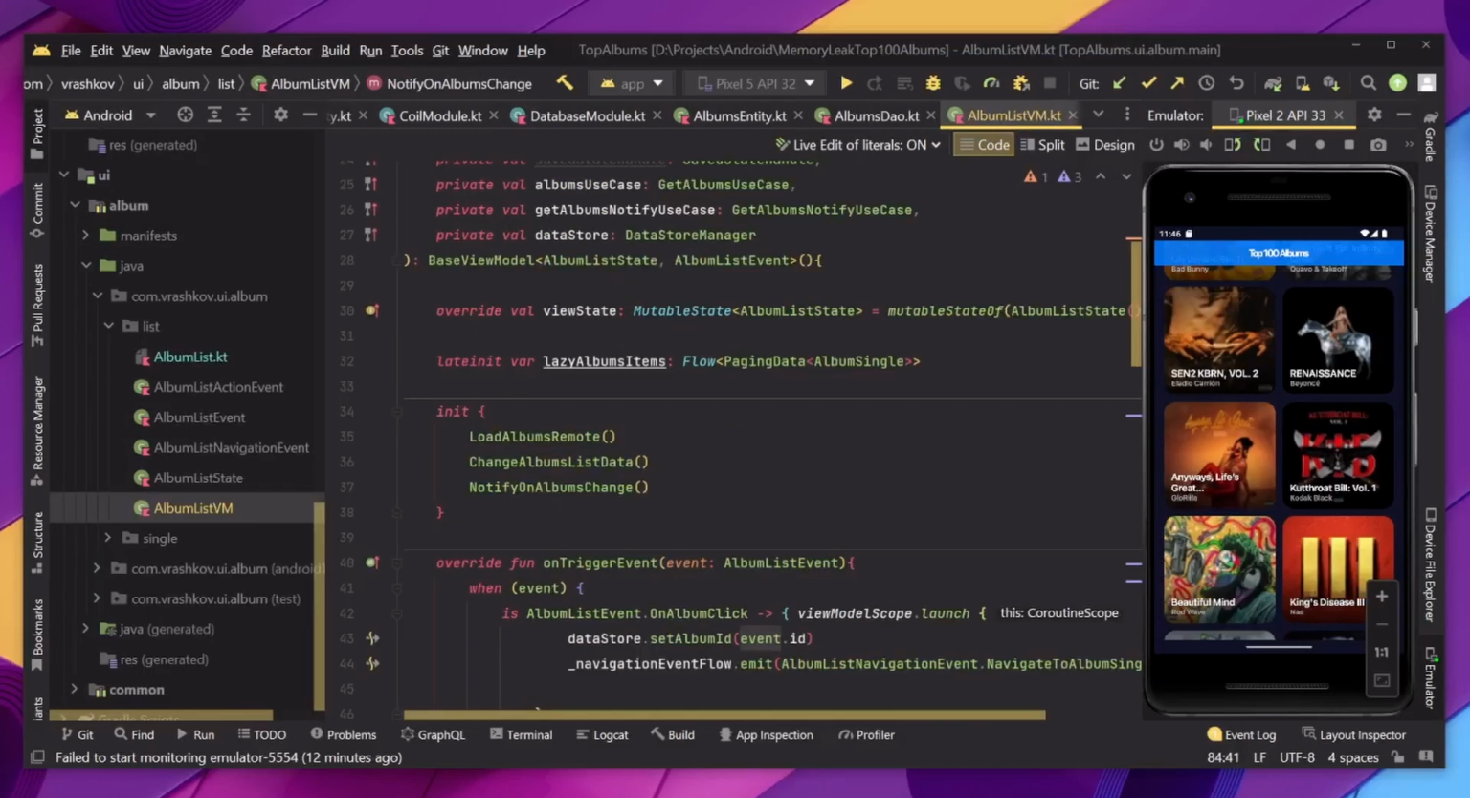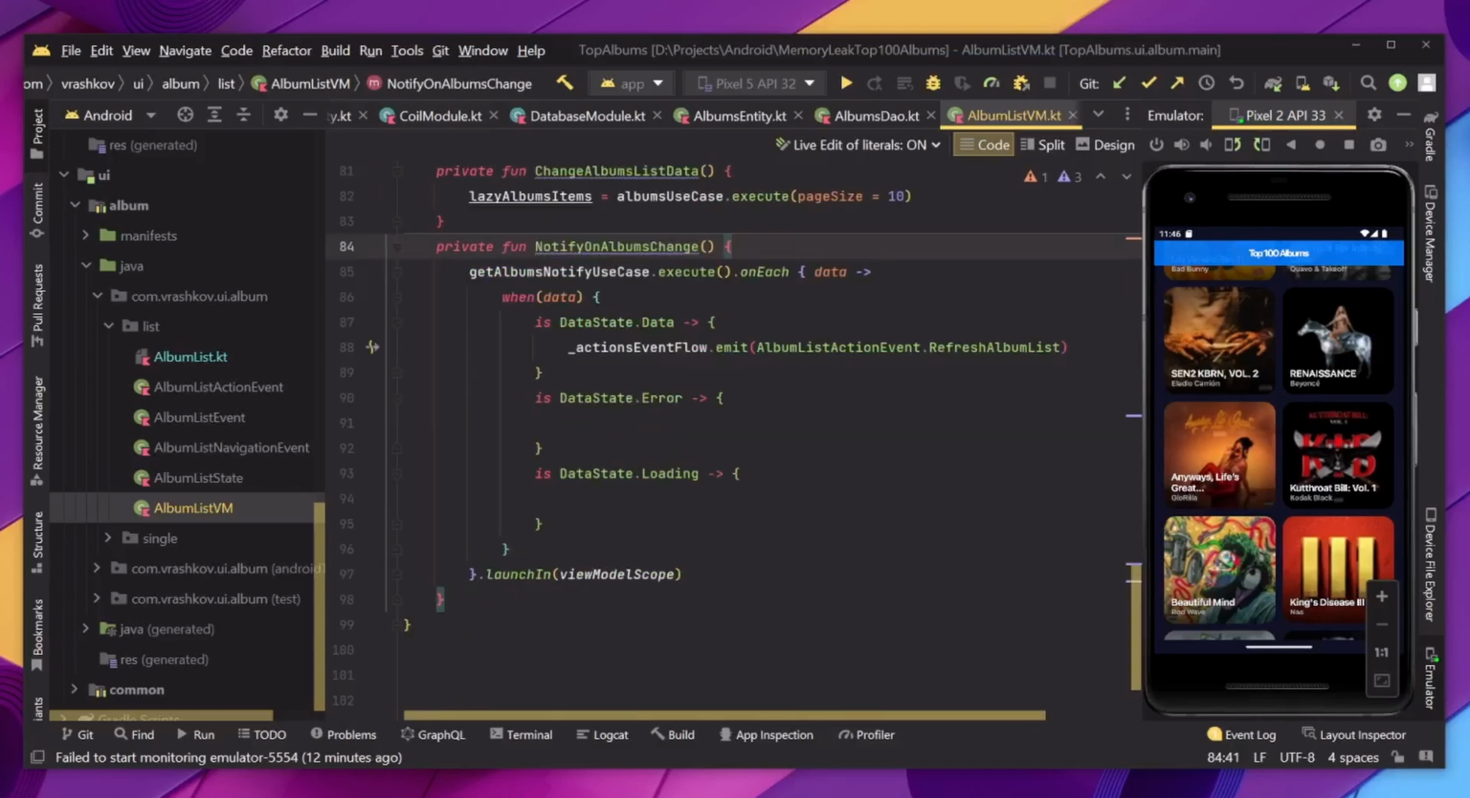In the initialization of the view model, we have a couple of methods, which are load albums remote, change albums list data, and notify albums change. Because we are always interested in the database and what information it has in it, because that's the information that we're going to be displaying, we have this notification on album change, and it's just a use case that I've created, and what it does is just